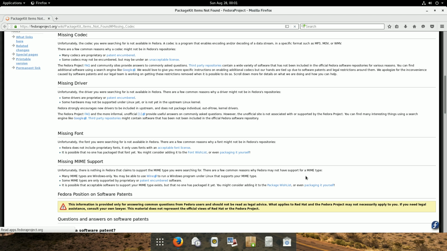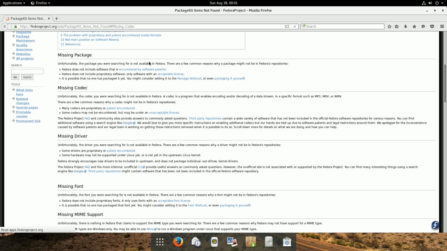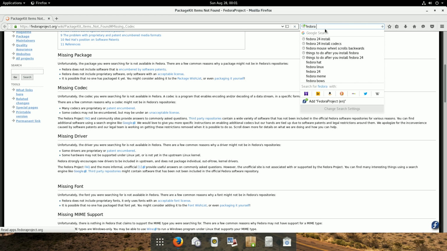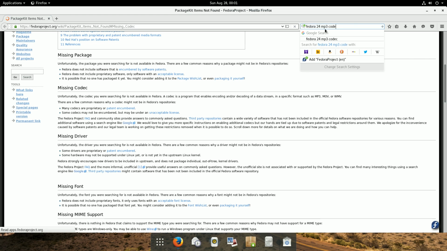So it takes us to the page here where it talks about the missing codecs. It doesn't actually tell us how to install these codecs. So basically the best way, you have to hunt around for this site a little bit. So what you want to do is, I'm just going to type in Fedora 24 MP3 codecs,